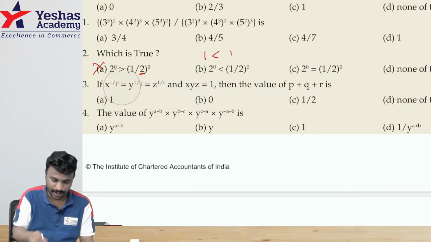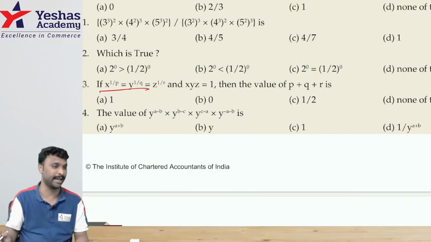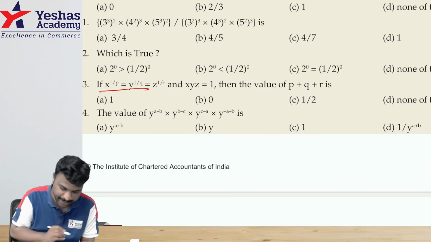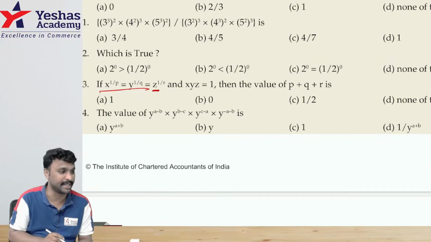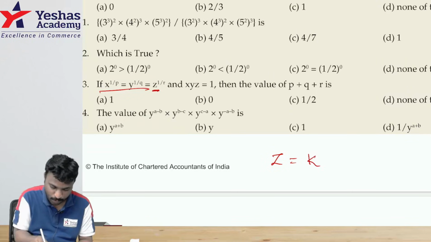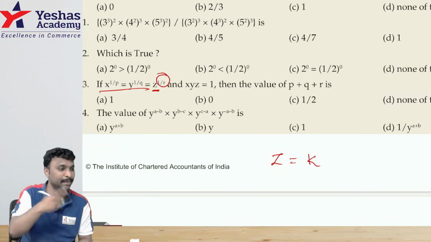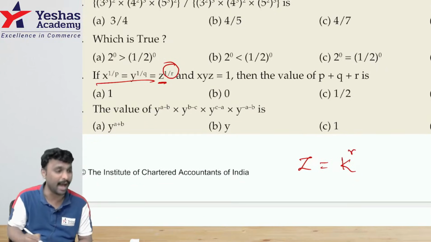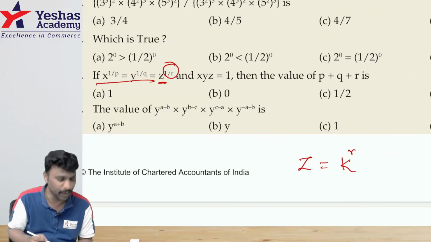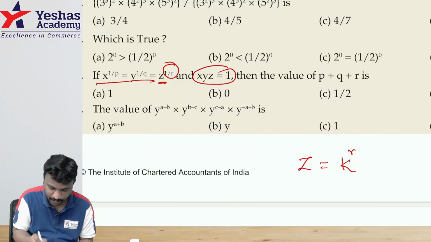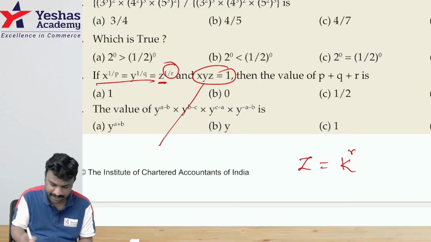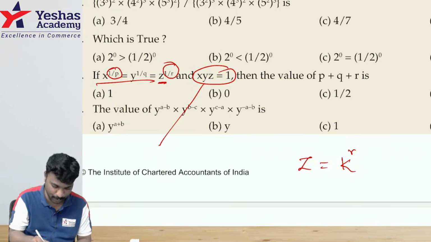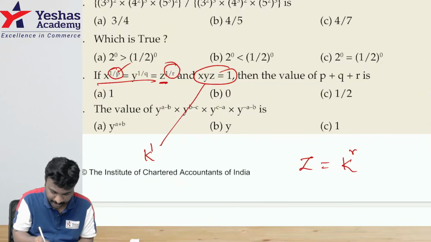You understood? Guys, these kind of questions we have solved in the regular class. When 2 or more than 2 expressions are equated, you can always equate it to k, and always take the last term, that is z, and equate it to k. Whatever is the original power of z, reciprocal of that will be the power of k. So original power of z is 1 by r, so k power will be r. Now guys, what we need to do, also we are given with xyz equal to 1. What is x? If z is equal to k power r, x equal to what? K power p, because k will have a reciprocal of 1 by p, so k power will be p for